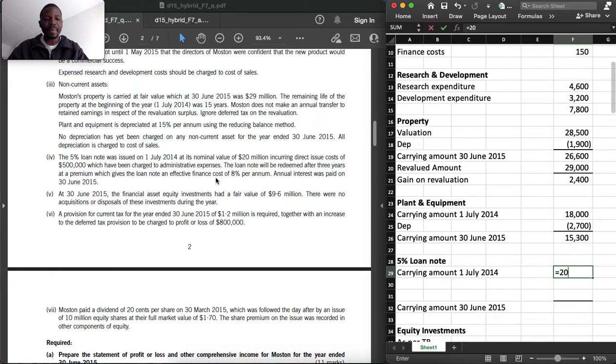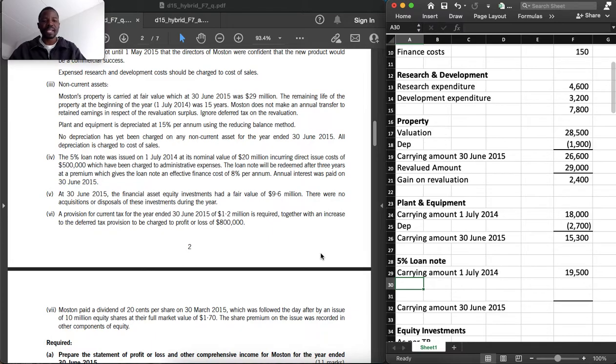So the loan amount was 20,000 less the issue costs. So the carrying amount should be 19,500. And this 500 that was charged to administrative expenses, we need to go and reverse it